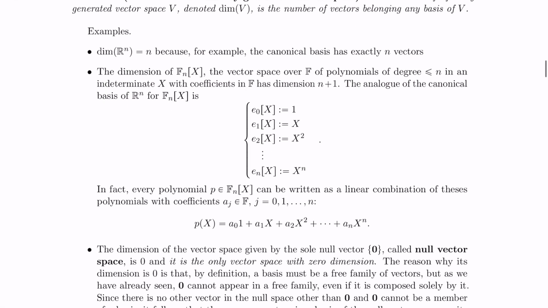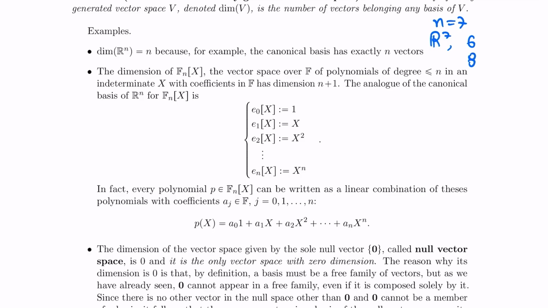Let's consider some examples. We start with Rn. The dimension of Rn is n because, for example, the canonical basis has exactly n vectors. To have a practical example at hand, take any natural number. I choose, for example, 7. Then in R7, a collection of 6 or fewer vectors will never be a family of generators for R7. In the same way, a collection of 8 or more vectors in R7 will never be a family